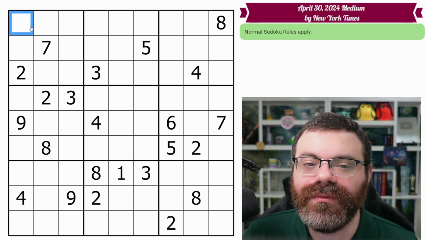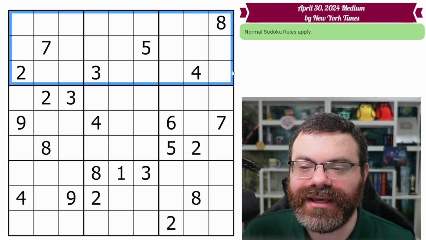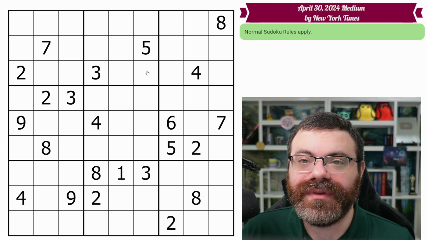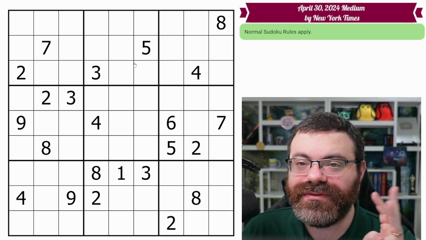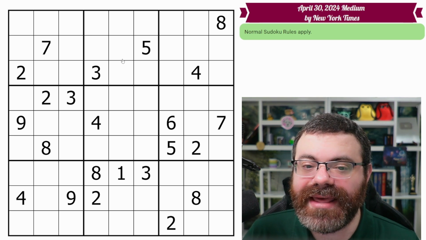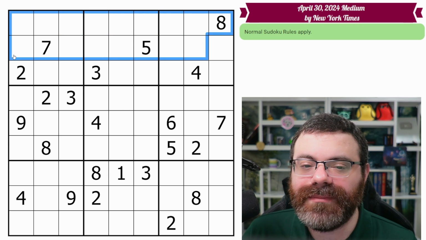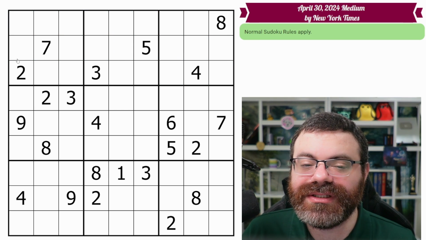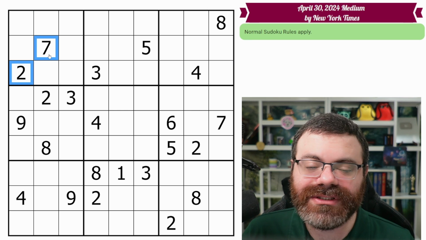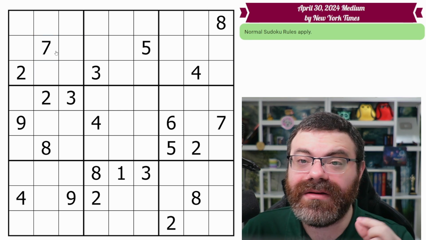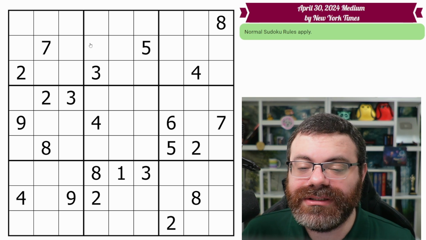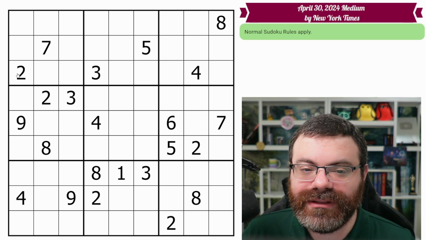So we're going to go band by band. I'm going to start with this top band. And what we're looking for, the lowest hanging fruit, is when there are 2 out of the 3 of a digit placed in that band. There are no examples here. But what we can do is use a systematic method to look through it, because sometimes you can just glance and go, oh, those 2 are the same, those 2 are the same. But trust me, you're going to miss 1 or 2 if you aren't explicit about it,